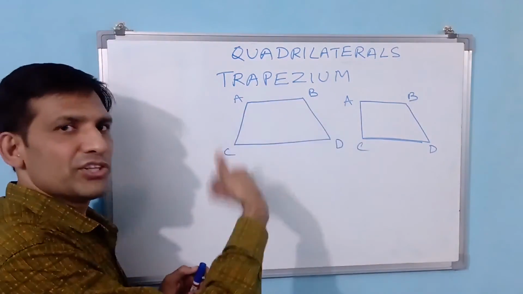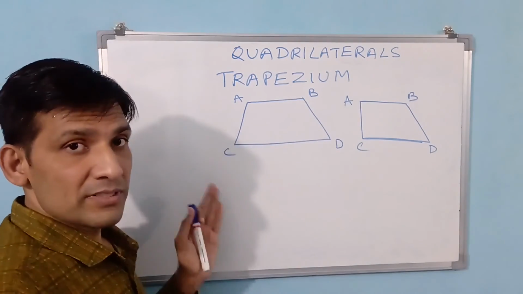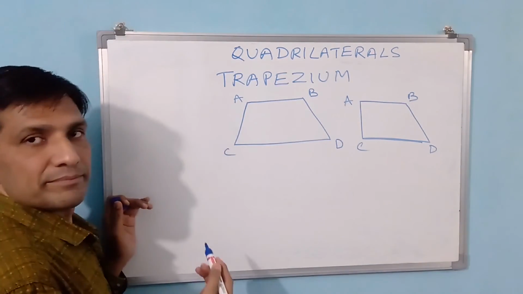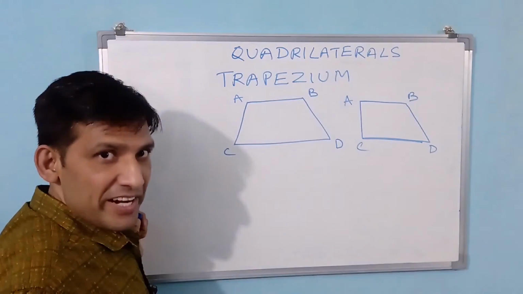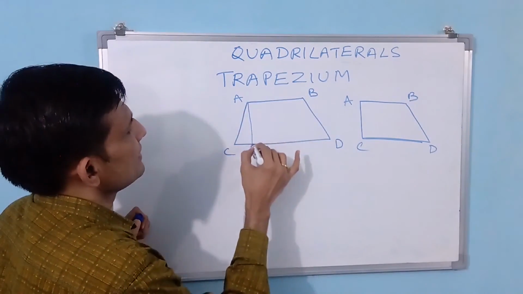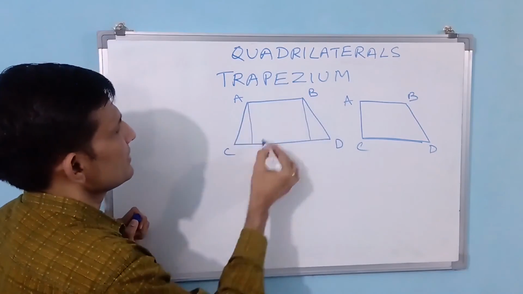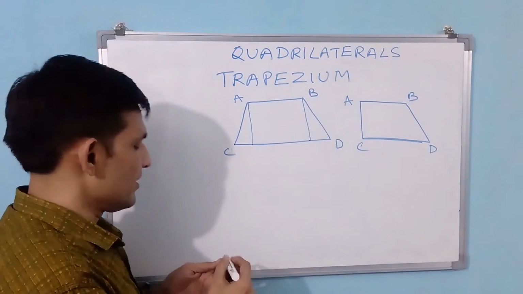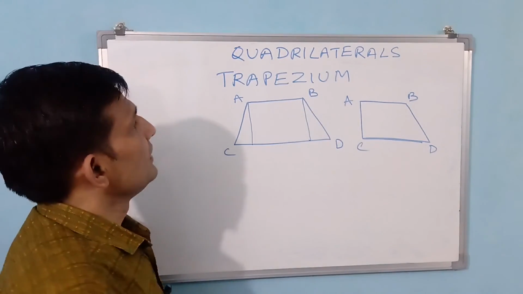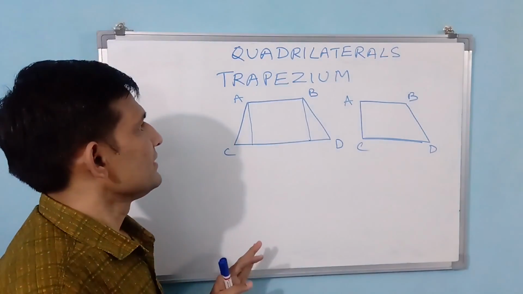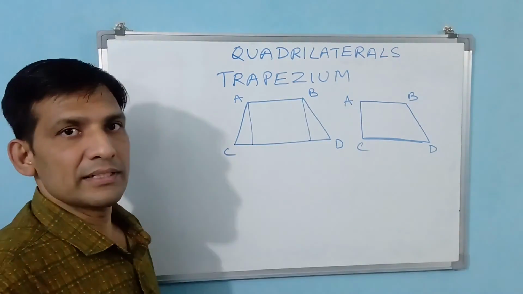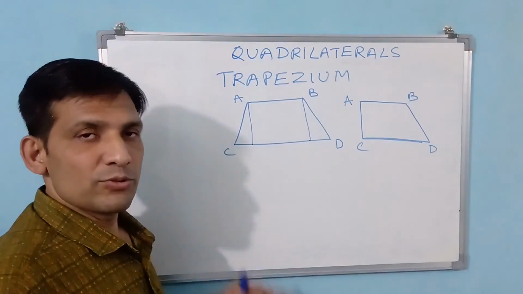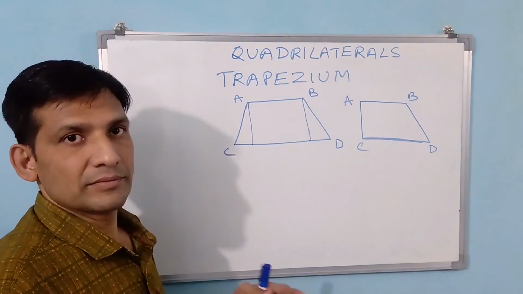Here also total 360 degrees will come. But how do we know the angles in these triangles and all? They have to be mentioned. For finding area or something, we split this figure like this. A square or rectangle will come, and this triangle will come. Then if you know this distance, you can automatically calculate areas and all. In this way, trapezium properties are there. In trapezium, we need not know how much the angles are. Different types of trapeziums are there, but in trapezium, at least two sides should be parallel.